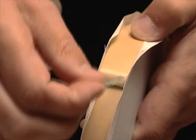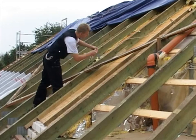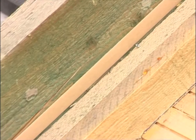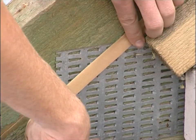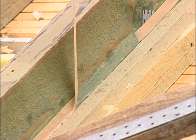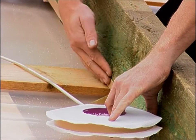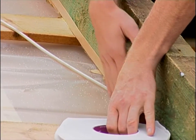The double-sided adhesive SIGA Twinet is used to attach the vapor control layer on the rafters easily, quickly and safely. Align and attach Twinet along the lowest area of the rafters. Press Twinet down vigorously. Twinet is hand-tearable. Pull off the backing strip. On account of the installation of the vapor control layer with SIGA Twinet, no additional lateral battens have to be